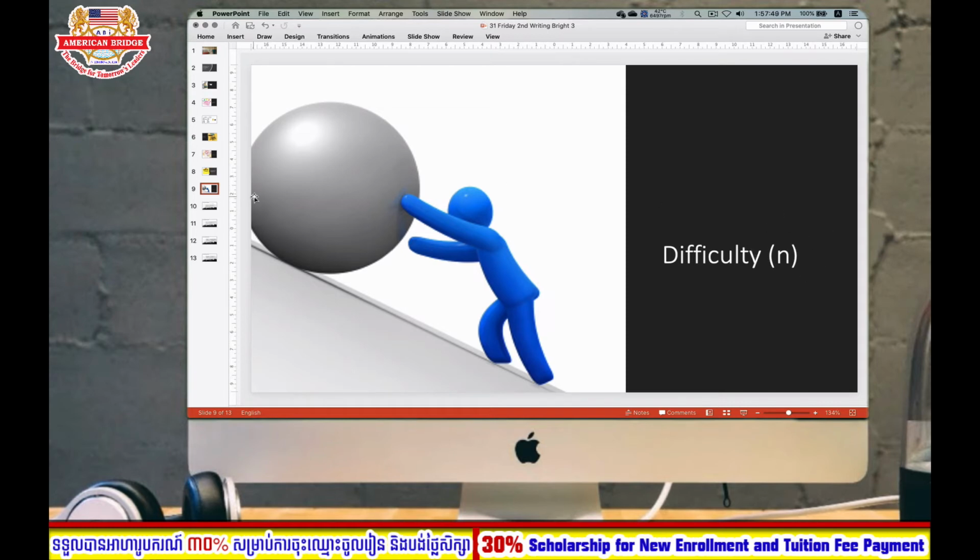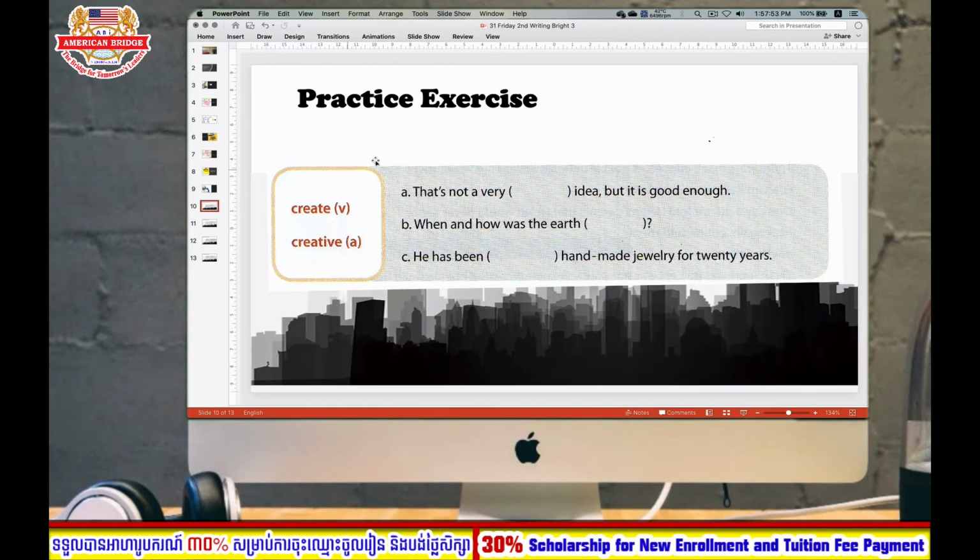Now if you open your books, you will see some of the practice exercises right here. These practice exercises will allow you to use the verb, adjective or noun to fit in the sentence. But make sure you complete it correctly with the tense and the function of the word as well. So here, let's look at the first example.